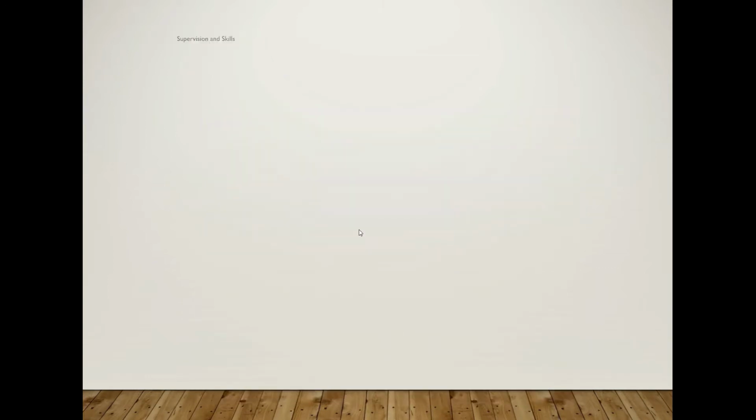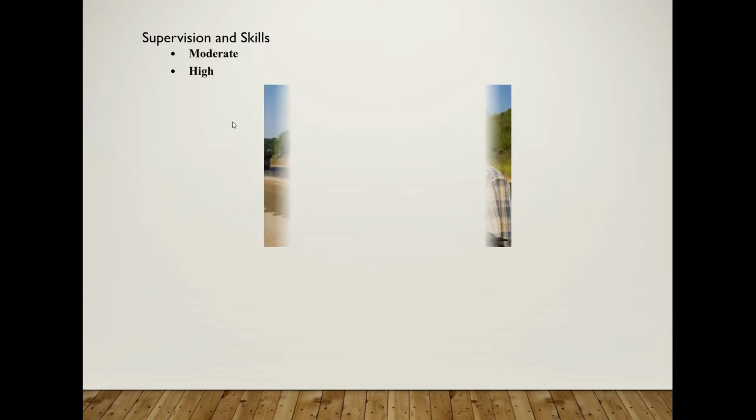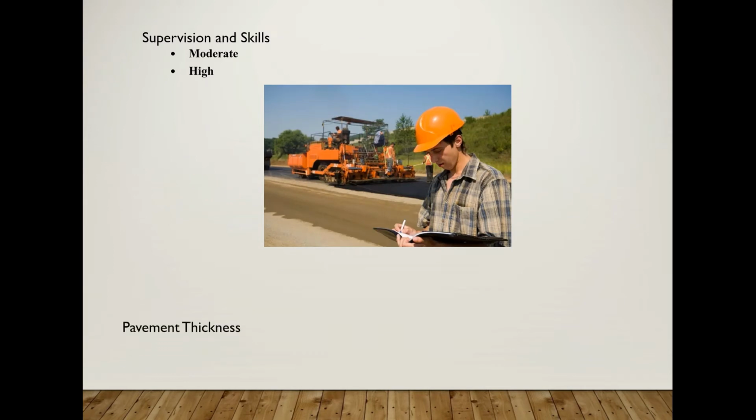This is the image, you can see you can open to traffic very shortly in flexible pavement. Next one is supervision and skills. While doing flexible pavement execution, skills required are not that much; supervision engineers themselves can operate. But rigid pavement needs highly skilled labor, and engineers are also required because it needs some design standards. Mix design is also one of the basic criteria you have to follow while doing rigid pavement.